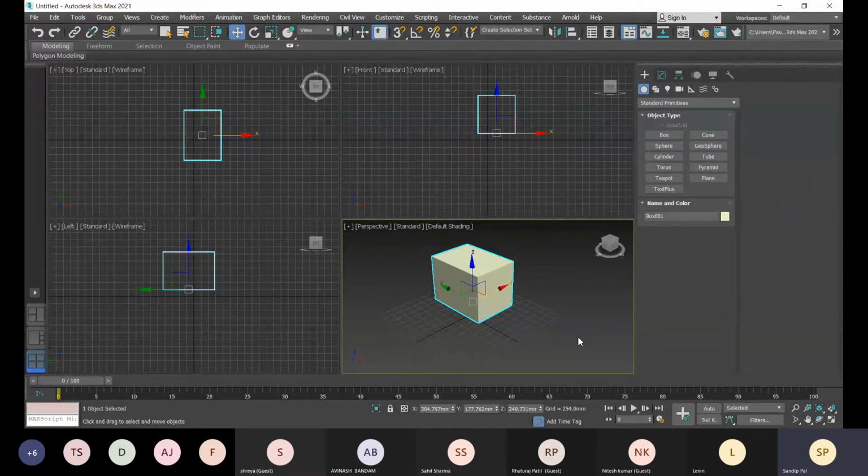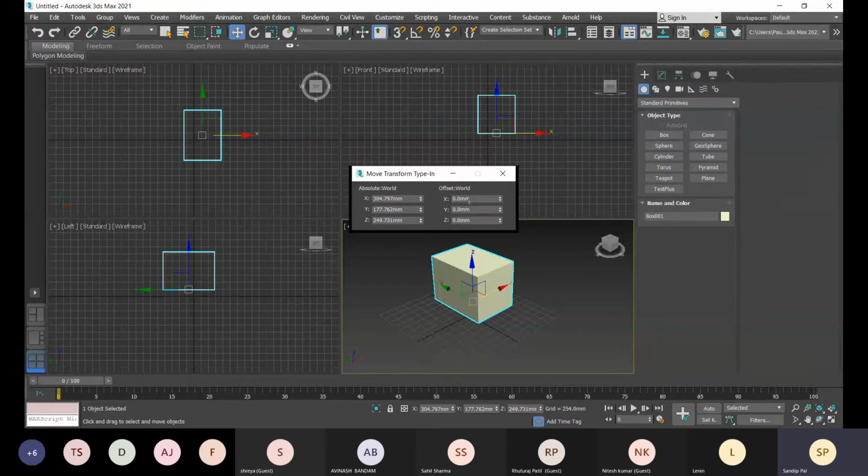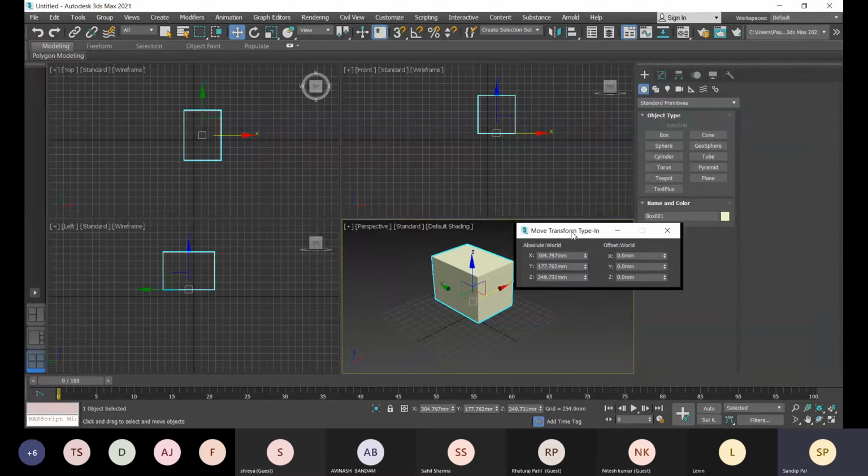Okay, and right now if I have pressed F5, the X axis is selected, and we have F12 for transform type-in. The transform type-in window allows you to type the exact value for your transformation. Right now move is selected, so it's showing you the move transform type-in.